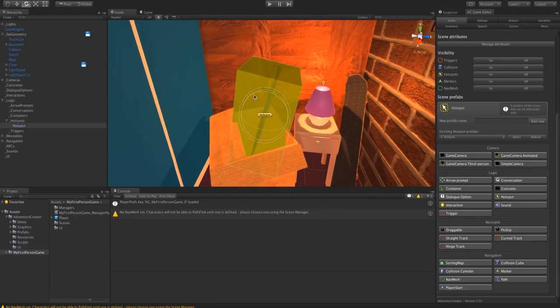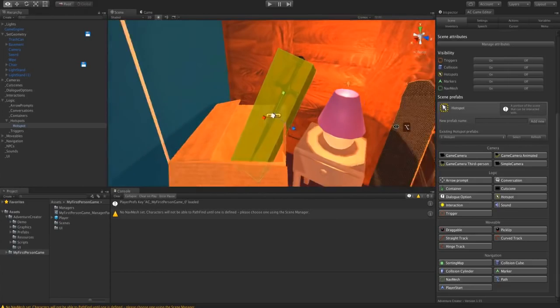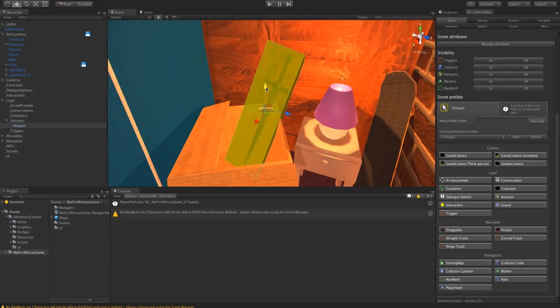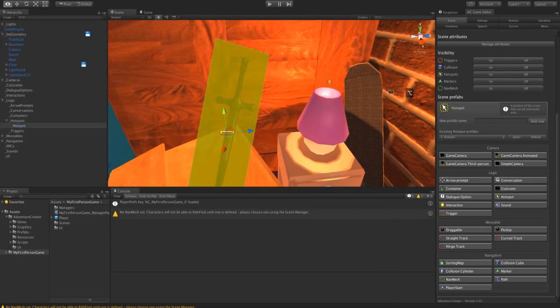Now it's a little bit too big. I think what I'll do is probably rotate it and shrink it down a little bit, like so. Again, you can spend more time fine-tuning it if you prefer. You could also attach a hotspot script directly to the sword, but I prefer to just work in this way, using the scene manager to add my prefabs. Everything gets put into the right scene folder and all the rest of it.